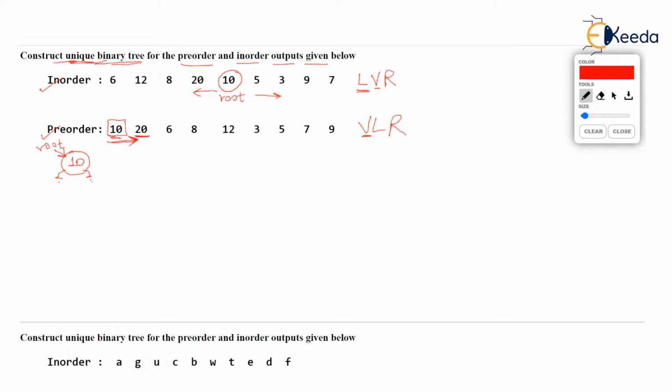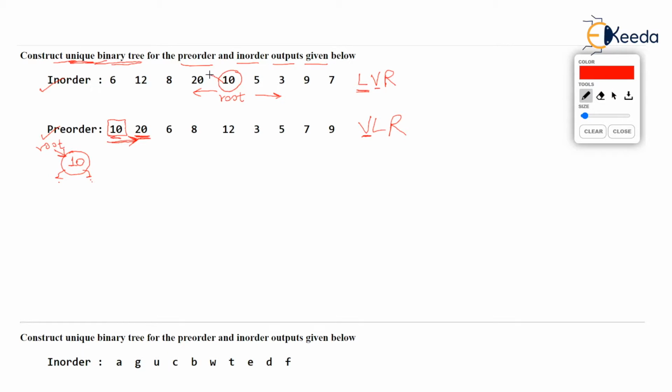We have taken 20 from pre-order. Now you just see the in-order output. In the in-order output, where is 20 with respect to the root value? Well, 20 with respect to the root value is to the left of 10, isn't it?